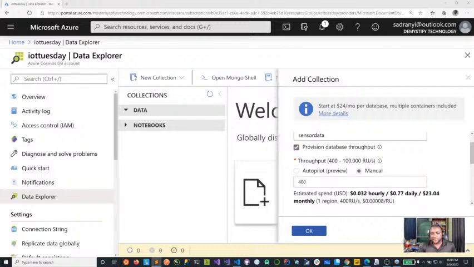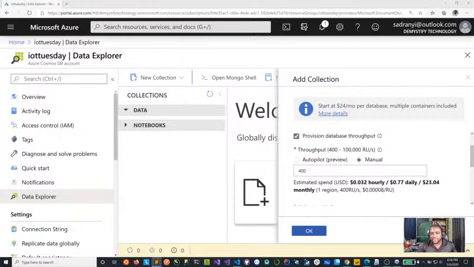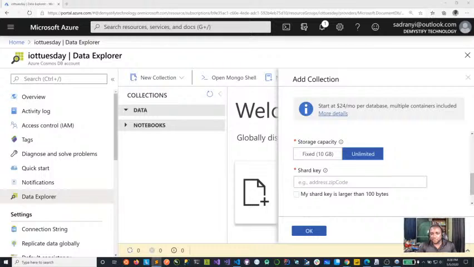Let me call this sensor, and then the database name will just be sensor data, right? Good. Okay, now the shard key here. This is something unique to Cosmos DB. It's more or less like a unique key that allows you to spread the data or group the data